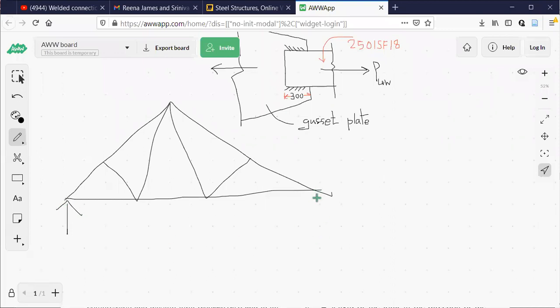It is a steel truss. All these are either compression or tension members. Usually, in case of a simply supported truss,